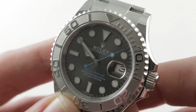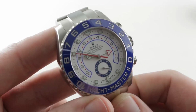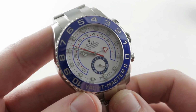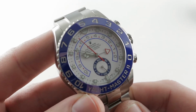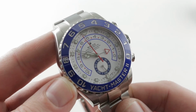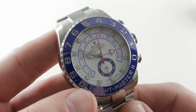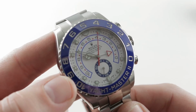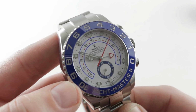Let's talk about the merits and advantages of each watch, starting with the deuce. Okay. The Yacht-Master 2. First and foremost, if you've got that huge wrist, this is the option. A lot of folks will say that they want a watch that pops. If they're buying a Rolex, they want it to have a certain level of, shall we say, conspicuous consumption factor. And for better or for worse, this is the watch that will announce to the world exactly what you're wearing